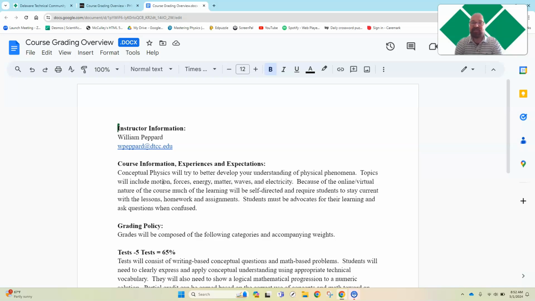Physics is just the science that tries to explain how and why things happen or how things work. It has a very negative reputation that it's really, really complicated. Hopefully I can make it so it isn't that complicated. It's really just trying to look at the basic ideas behind why things happen. So if you were successful in a biology class or a chemistry class, you can be successful in physics.